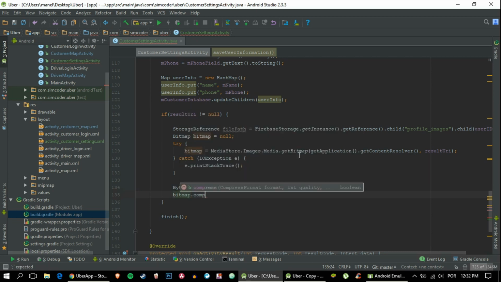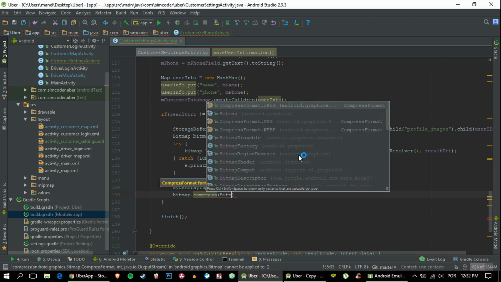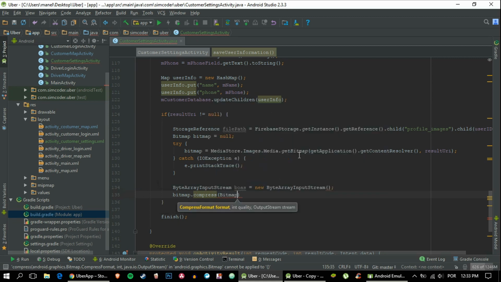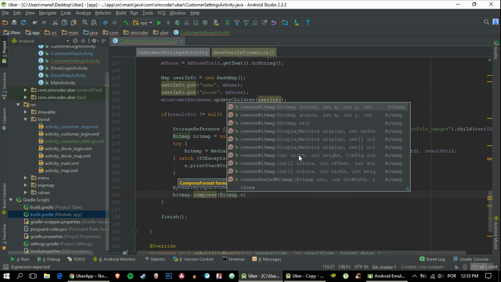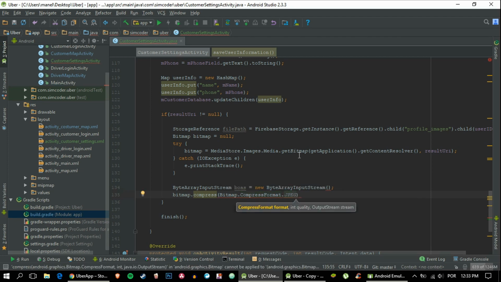So it is always a good thing to do. And we are going to compress it: bitmap.compress, format JPEG, and this will be JPEG comma 20,